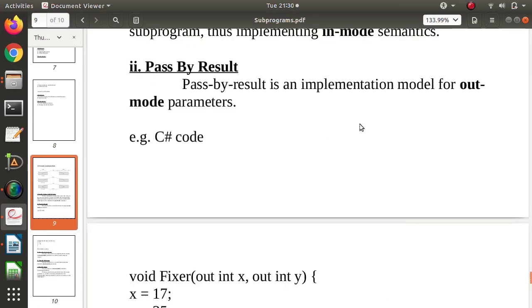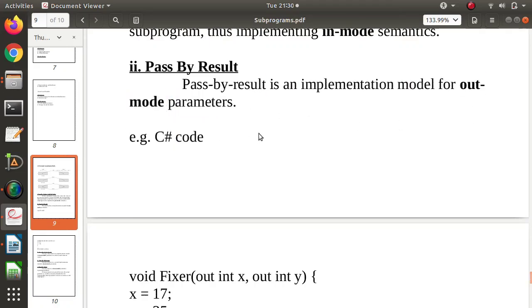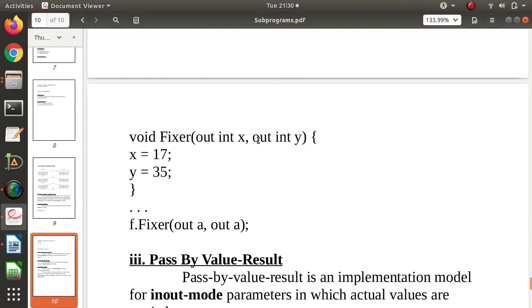So basically this works in out mode. Out mode means whatever the result that we have for this variable x and y, means after the computation or after the execution of this subprogram, whatever there is a value of x and y, those values of x and y get copied back to this variable.